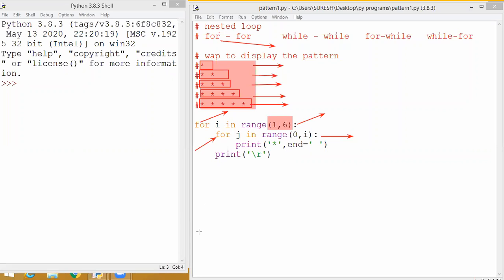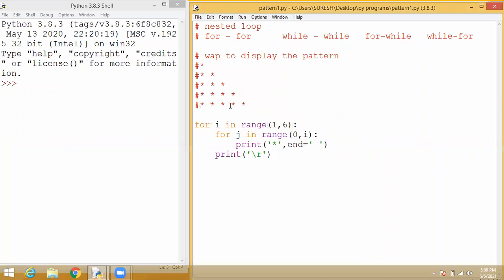So that is why I used this value 1 comma 6. In the first iteration you will get 1, so I used this I value here. This I is the outer loop variable and j is the inner loop variable. So I used I as a controller for this inner loop, so that every time j increments, I is the range. One means one time, then second iteration means two times. So it will display like that. Students, everyone understood yesterday's program? I think everyone saw the output also.